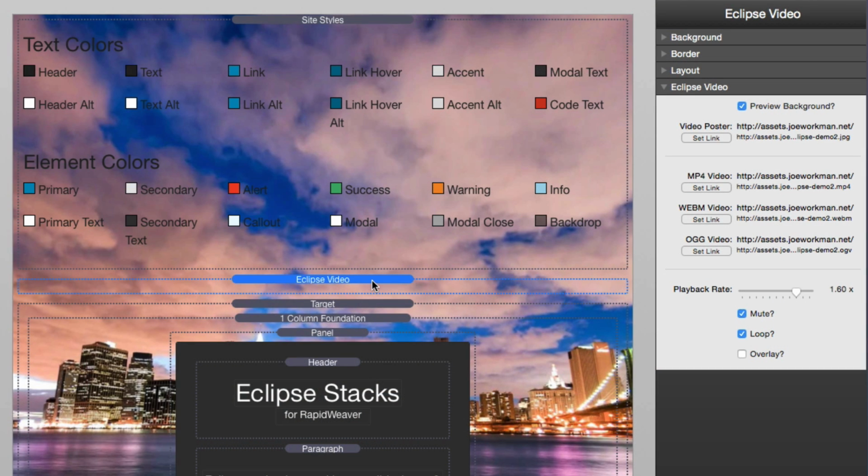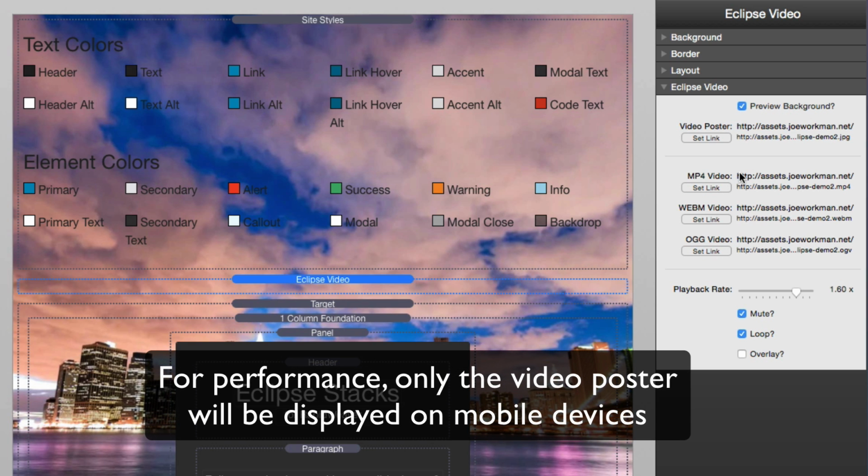Now let's jump into the Eclipse video stack. And just as we see with the Eclipse stack, when you configure a video poster, you can actually preview that inside the background, inside edit mode, so you can really curtail your content to exactly what you're going to see inside preview mode. Now, it only supports warehousing as well, and you have to basically export your videos to be